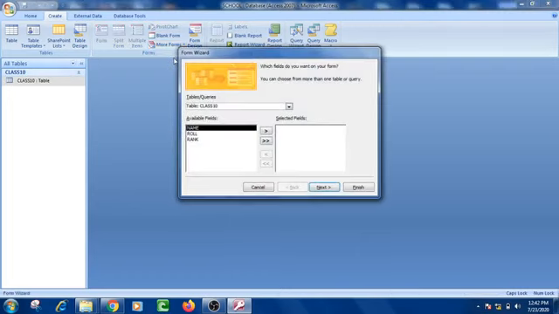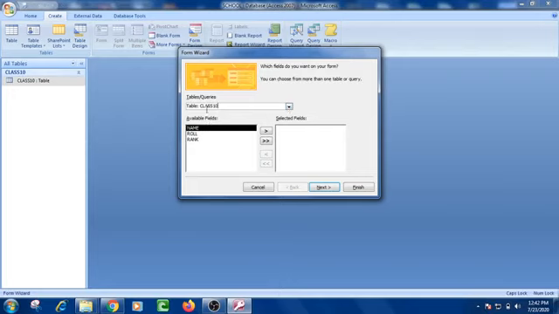On clicking the form wizard dialog box appears on the screen. In this screen, there are 3 things. First is the table queries. In the table queries, it will display the name of the table on which you are going to create the form.